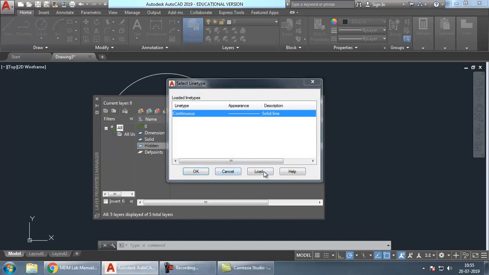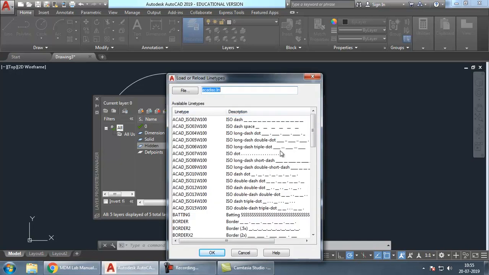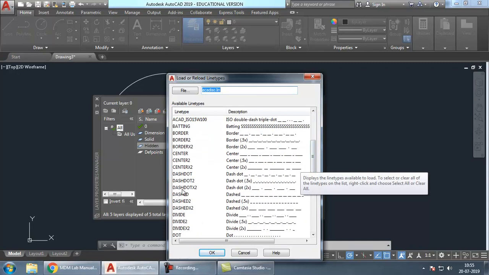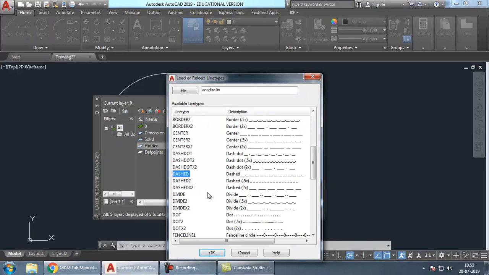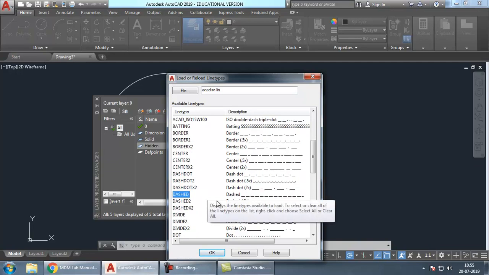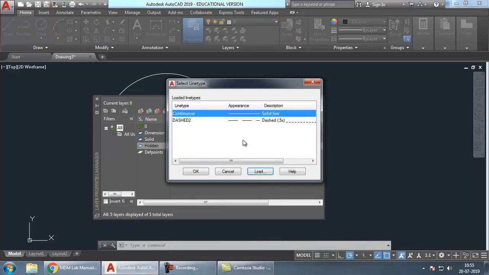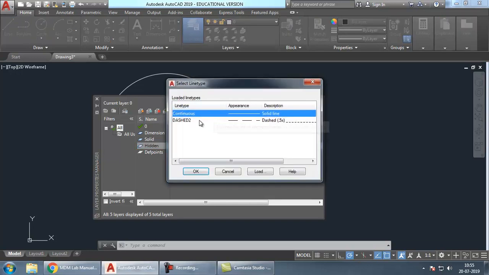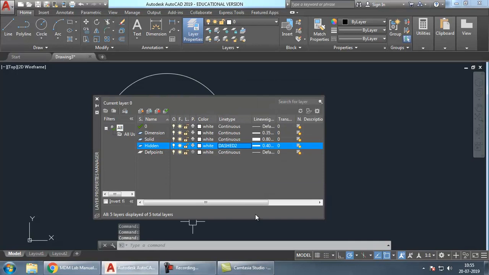Click on that, load, and from this list we have to choose -2. Okay, where is -2? Select, click OK. Now it is loaded. Click OK. Now once again go to continuous, choose -2, click OK. So by default these dashed lines will not be available. You have to first load it and then you can use it.